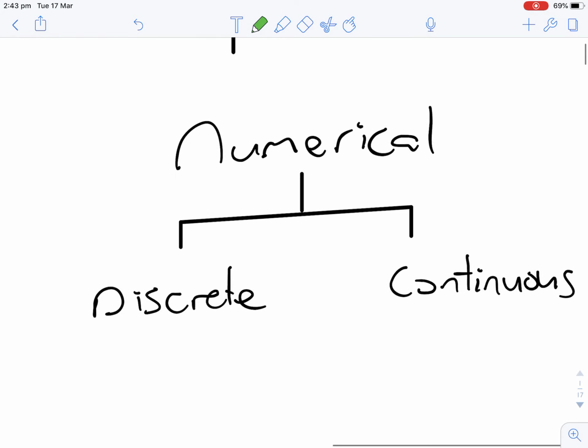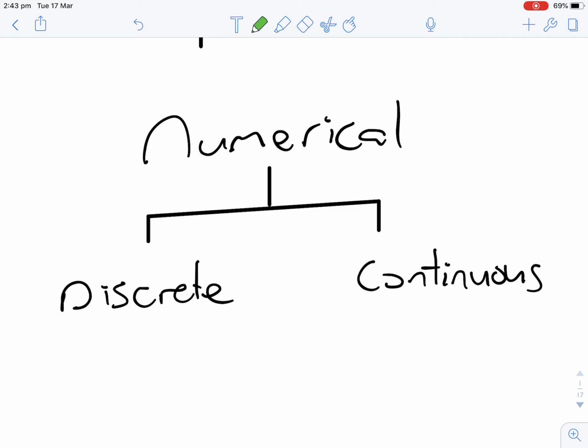Continuous numerical data is generally data that we weigh or measure. So if we were looking at this, discrete data is generally data that we count, and continuous data is usually data that we weigh or measure. So weights, heights, those sorts of things. So data we weigh or measure,